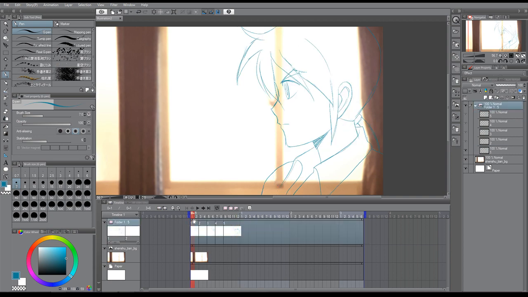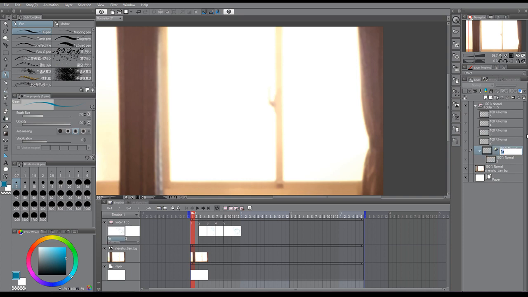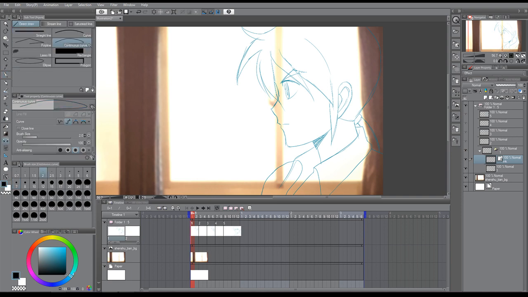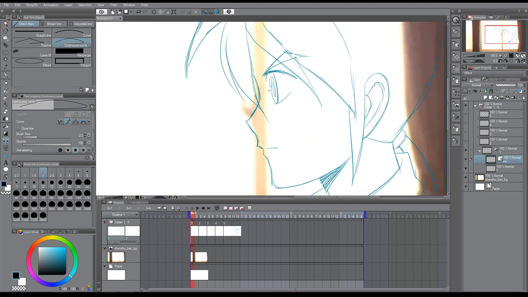And if you want to ink and color it right then and there in the animation folder, you're welcome to. Make a new folder under the animation folder and name it properly. And your drawing is showing up there. And then you can make a vector drawing that becomes an ink drawing, and you can use either your shape or your pen tool, and after you ink it,